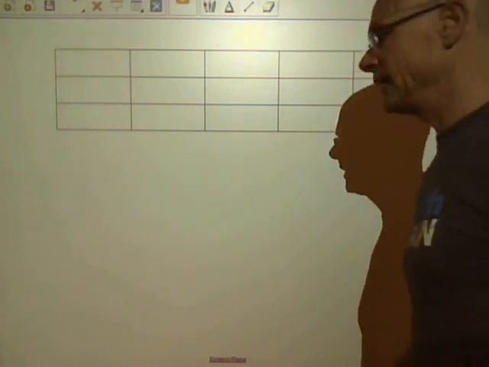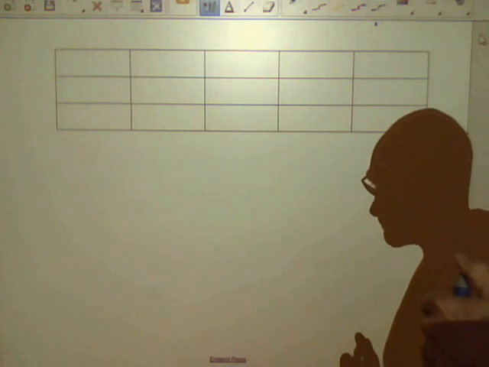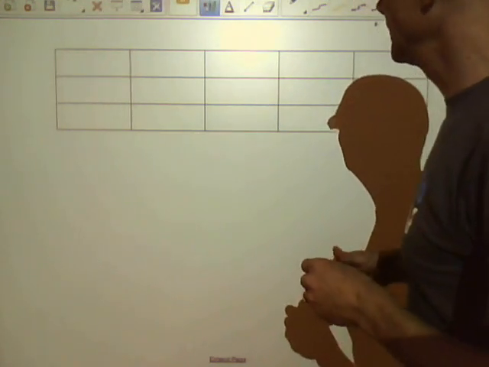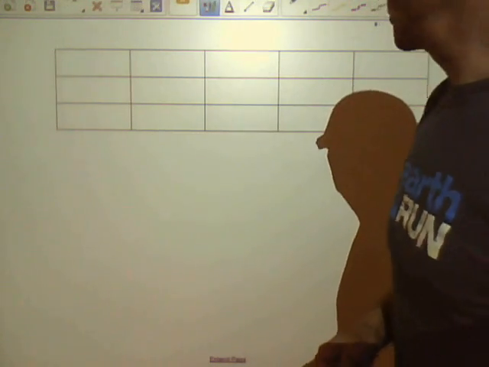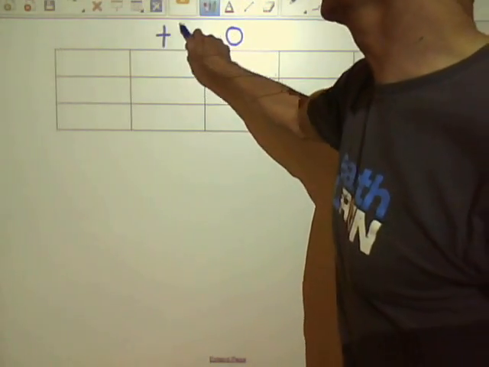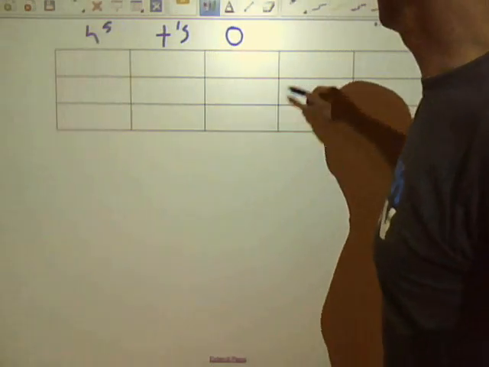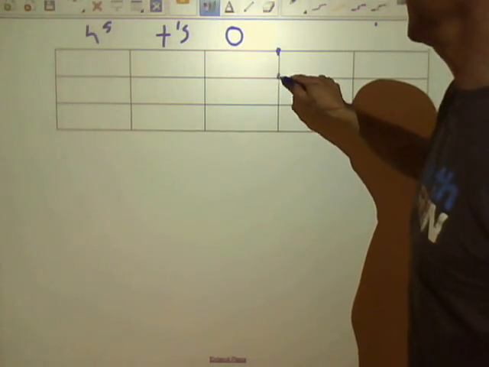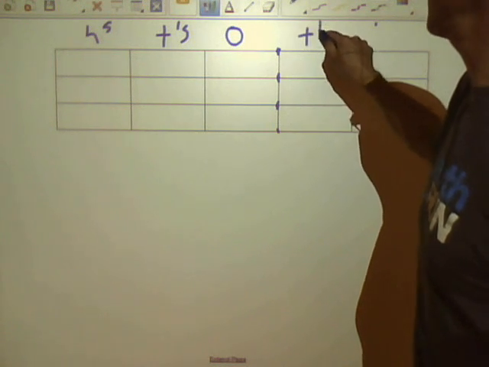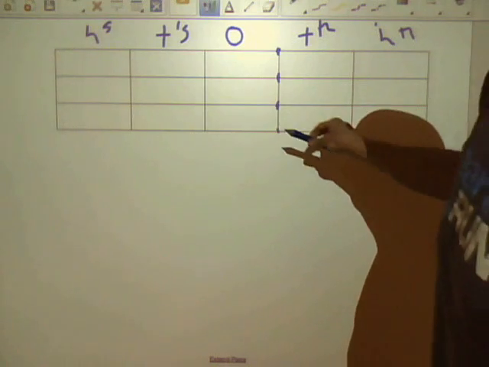Today's lesson is on rounding, and the end product will be rounding to the nearest thousandths. This is a place value chart. I'm going to right now just make this a ones column, a tens column, a hundredths column. And this I'll make as a decimal point, and this will be the tenth and the hundredth column. Okay, we want to round this number